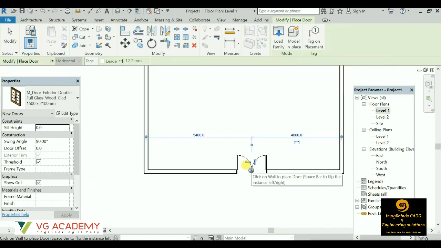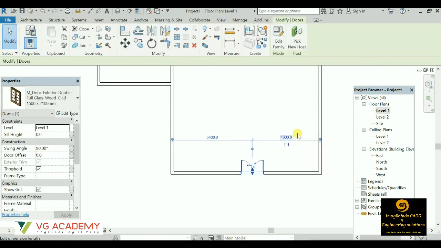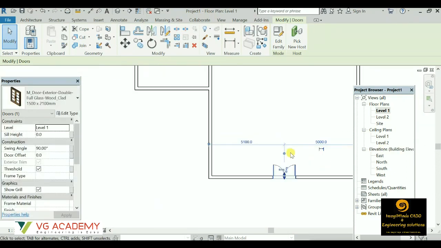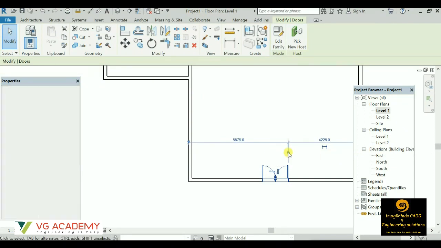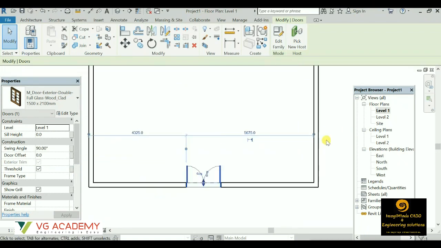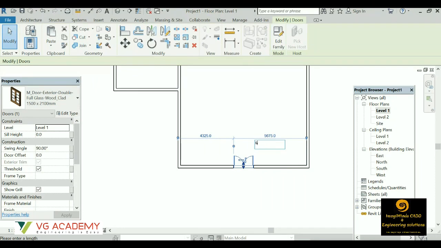Yes. So once I select this door, you can get to see these distances. So the door can be moved by changing this distance. So if you notice this distance, it is being shown from the center. If you click on this bubble, then it will get shifted like this. For this bubble also, it can be shifted, and same for this one as well. So from here you can change the distance, or you can simply move it like this. Like this you can move.